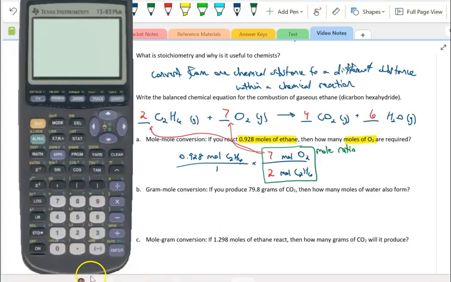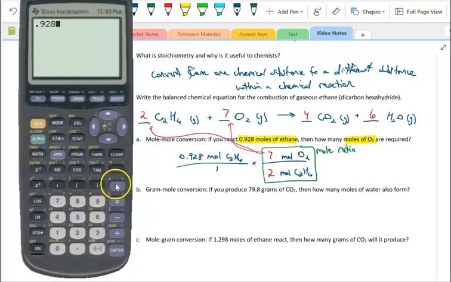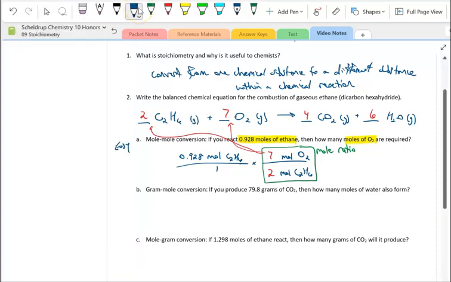If I take my calculator, I take 0.928 times 7 divided by 2. I get 3.248. My given started with 3 significant figures. Mole ratios have an infinite number of significant figures, so I don't need to worry about those. So my final answer is going to be rounded to 3.25 moles of oxygen. That would be my final answer, 3 sig figs for how much oxygen is required to react that amount of